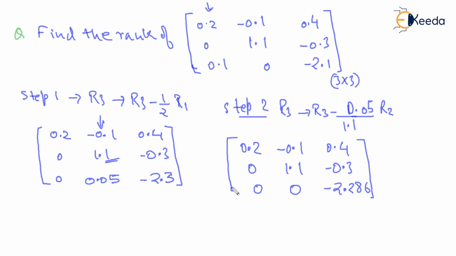So we have achieved the triangle form, and we can see that all the rows are non-zero. This is non-zero for all the elements, with 2 elements non-zero, and with 1 non-zero element. So all the rows are non-zero. So with 3 non-zero rows, rank becomes